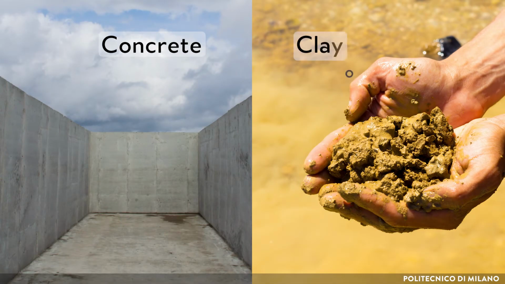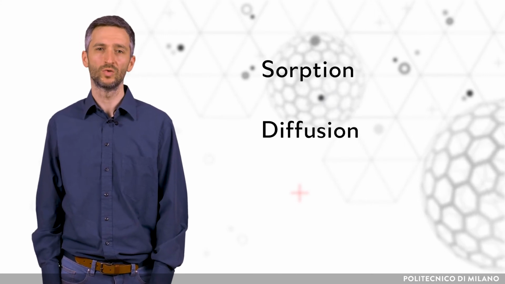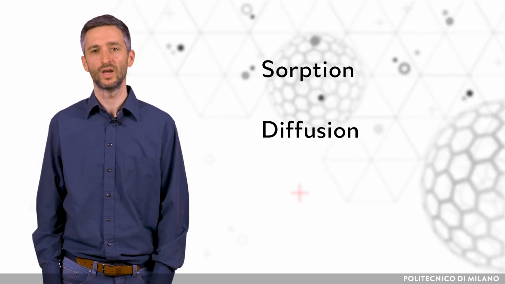Concrete and clay are the most studied materials for barriers. These materials will potentially be used to design long-term disposal sites for the safe disposal of long-lived radionuclides from spent nuclear fuel. They are also used for the remediation of waste sites with elevated natural radionuclides such as past uranium mining, phosphogypsum waste, or xenon from the oil and gas industries. The phenomena of sorption and diffusion have to be taken into account when designing a barrier.